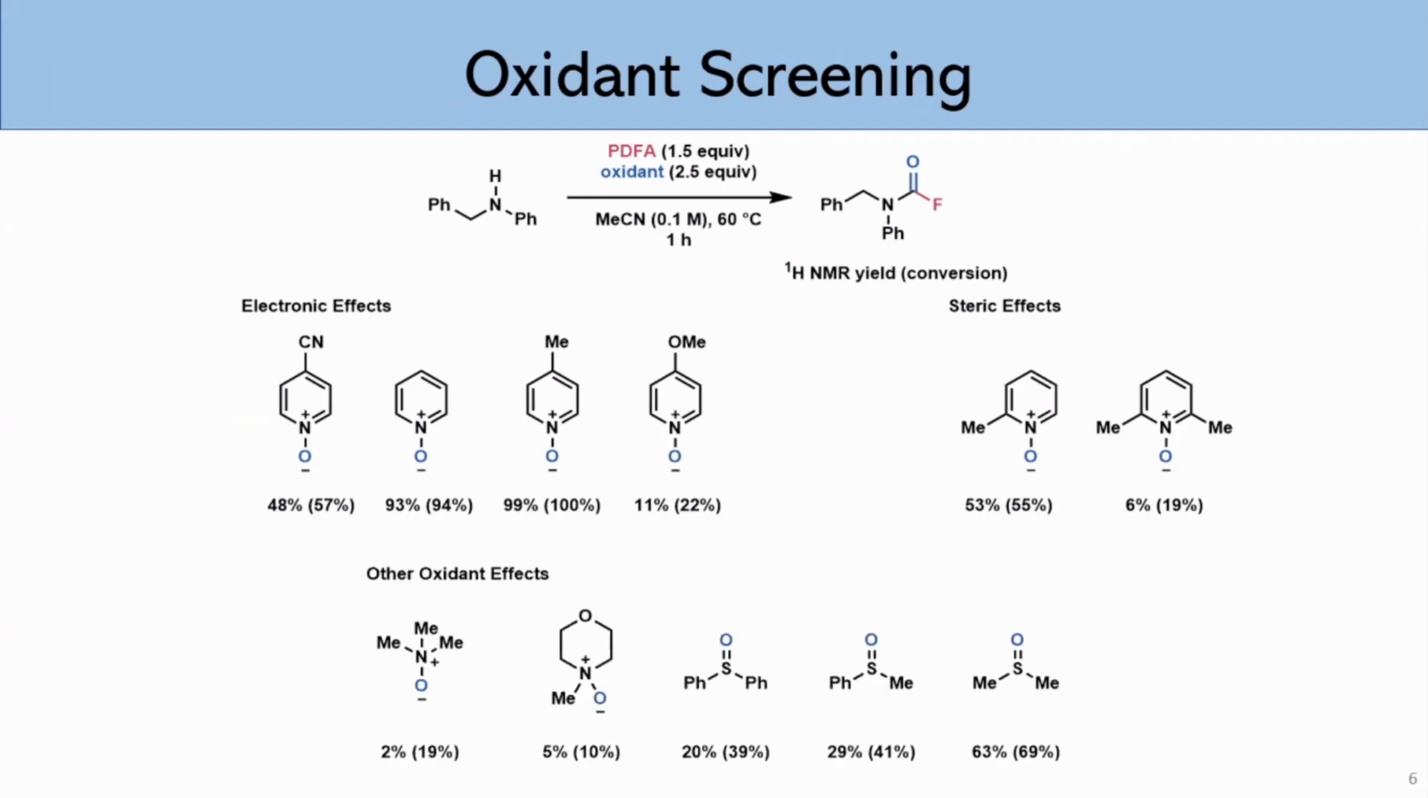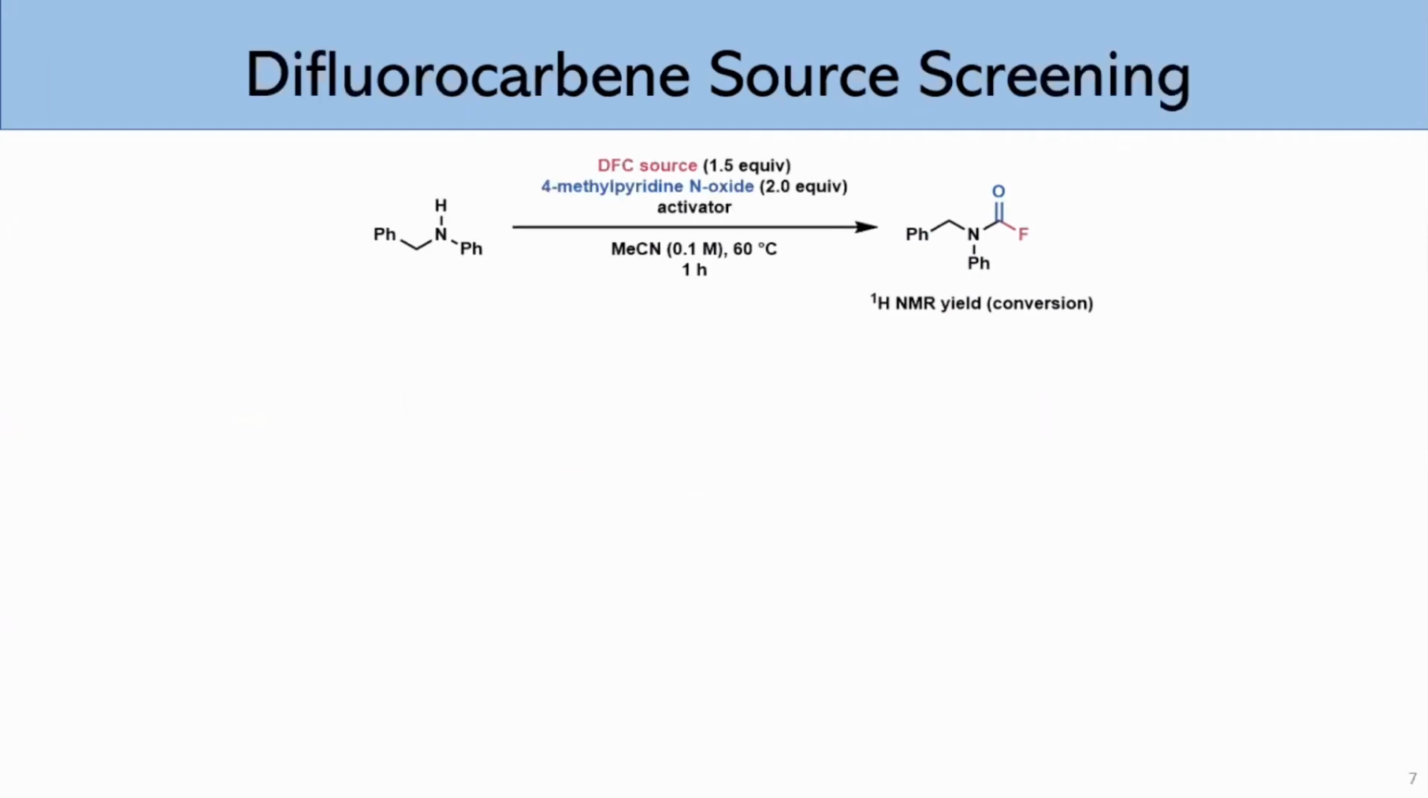Other oxidants, you see trialkylamine N-oxides don't really work well at all. And you get some success with sulfoxides, similar to the JACS paper, with DMSO being the best oxidant at 2.5 equivalents. So after some equivalent screening, we find that we can just drop the equivalents of the 4-methylpyridine N-oxide to 2.0. And we wanted to play around with some other difluorocarbene sources. Obviously, PDFA works really well,